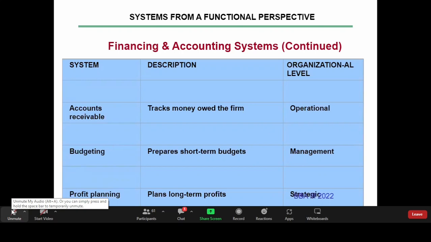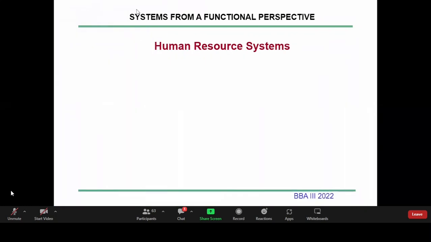Here there's a big emphasis on accounts receivable. It tracks money owed to the firm, that is, it prepares short-term budgets, that's at management level. Then when we talk about profit planning, it mainly looks at the long-term planning. You can't look at profit just in a year or two. Sometimes it goes into a long-term